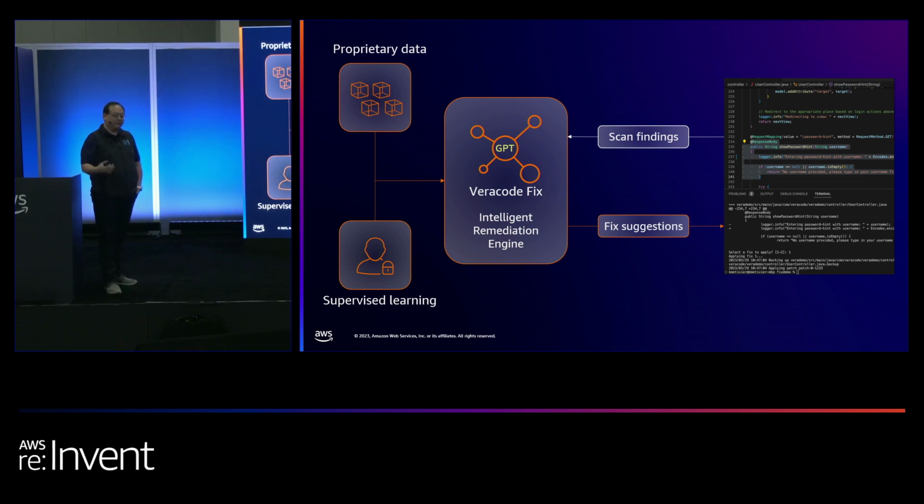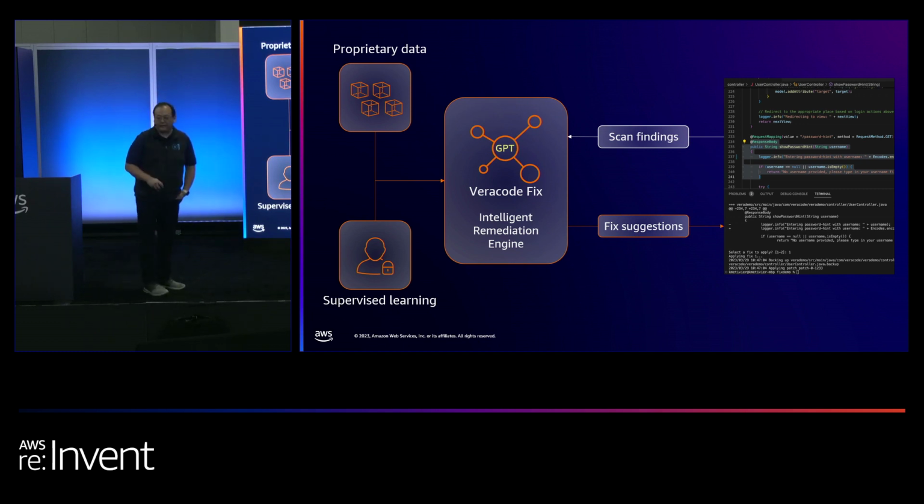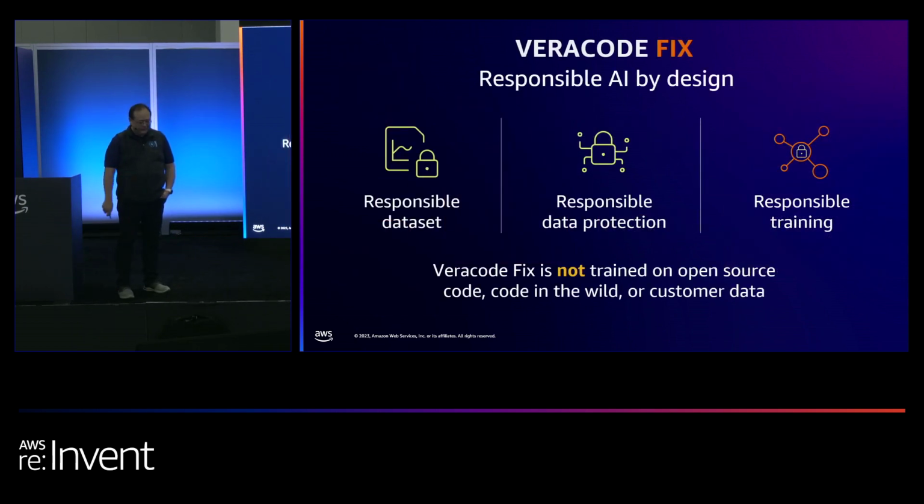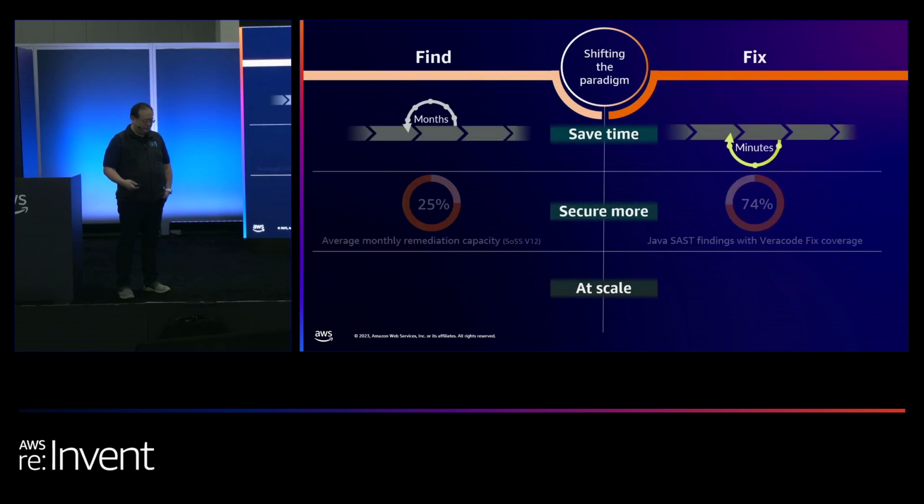And we have built a custom-built AI system that can take your scan findings and build those actual fixes for the application. So again, not like other AI tools where you go out, you scan your code, and it's you and your billion of your closest friends that know all the stuff that you put in there. This is a proprietary closed-loop AI system built out of our own research that can allow you to actually really go there and remediate and fix your findings. Again, responsible data set training. It's not trained with customer code, but it can again provide all those fixes.